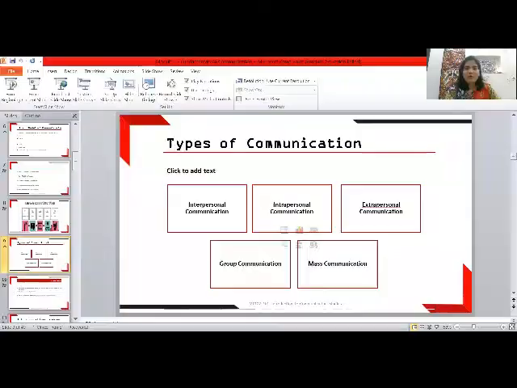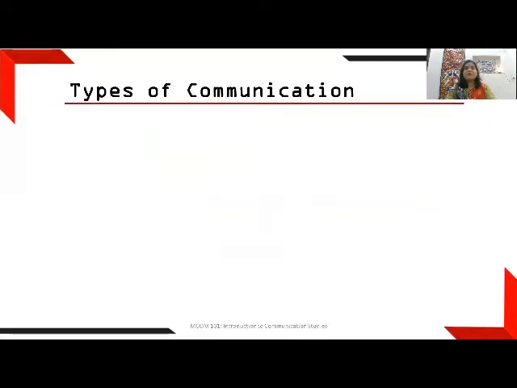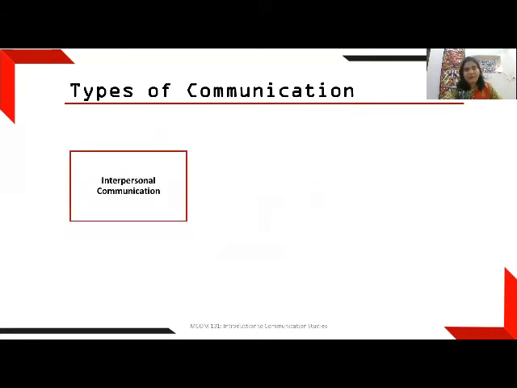So, first of all, just to give you a brief background, we were discussing different forms of communication, and I told you that the last one that we'll discuss will be mass communication. The reason being that that is the most important form on which the entire course will be based. So, interpersonal, we know, is communication that happens between two or in some ways more than two people, but it's interactive and mostly face to face,